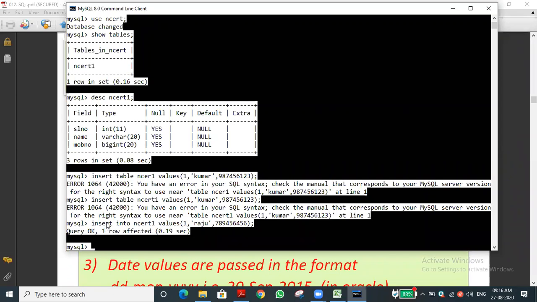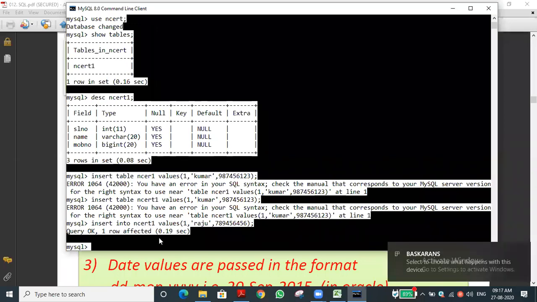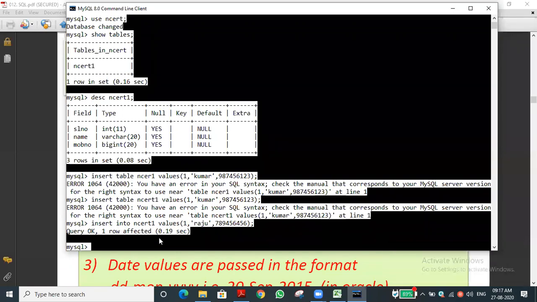So the syntax, you just try to understand it. Insert into table name. Insert into is a keyword. Insert is what type of operation? We studied DML and DDL commands. Insert comes under which command, DDL or DML? DML, data manipulation language. Select, insert, update and delete are the commands. So insert is a DML command. Whenever there is a mistake, insert into will automatically come to understand. NCRT 1 values.